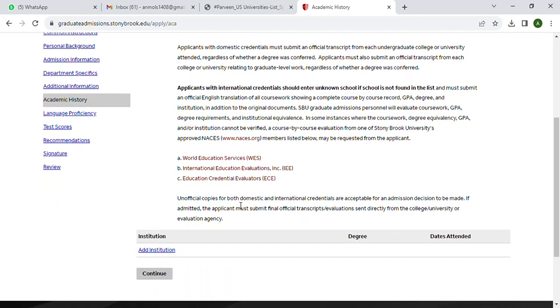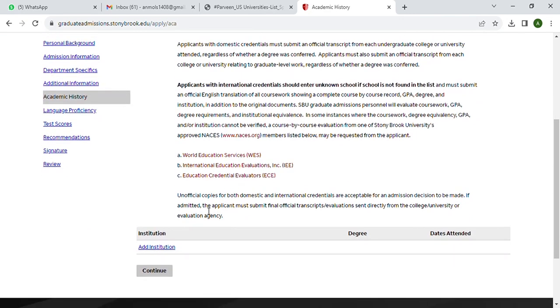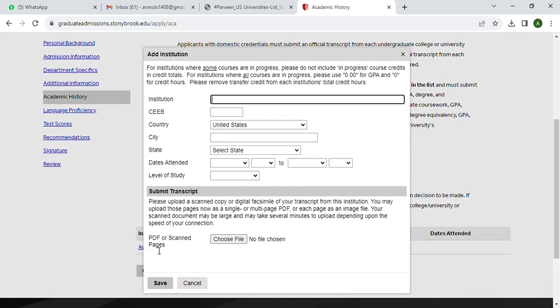Then this is about the academic history. You need to add the details of your institutions which you have previously attended. As you are applying for the chemistry PhD, make sure you enter the details of both BSc and the MSc. CEEB code, country, city of your institution, region, dates when you have started this,